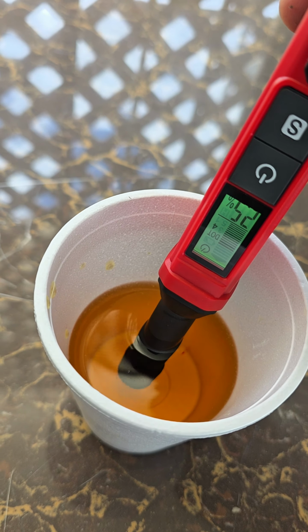Okay, this one is showing me 2.5%. Whoa, not looking good. And this one is new, but it's been open for quite some time. And the last scenario, of course, is a used one. Let's see, what are we reading here? See,